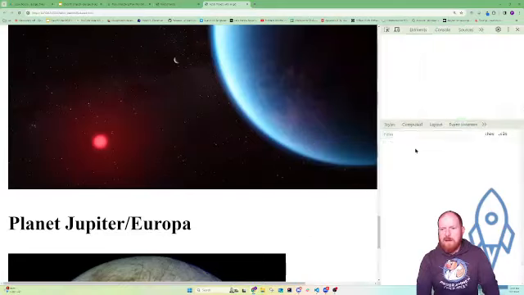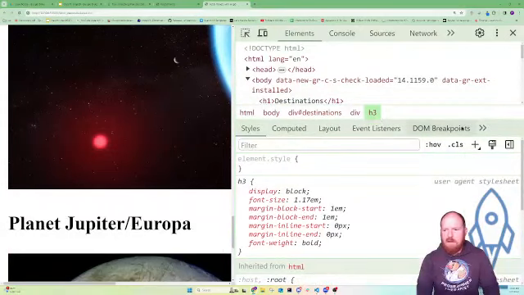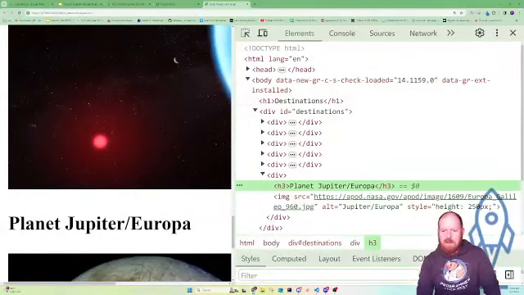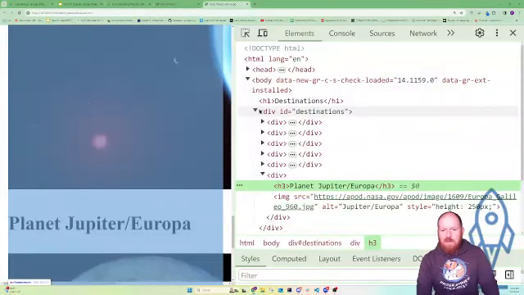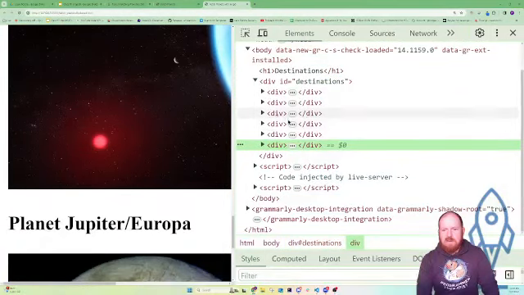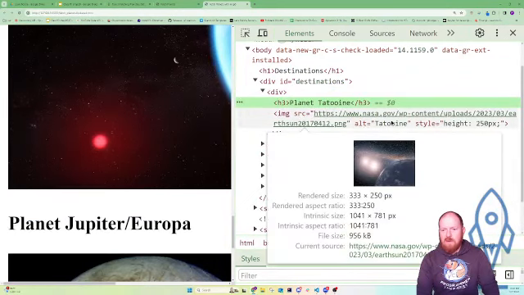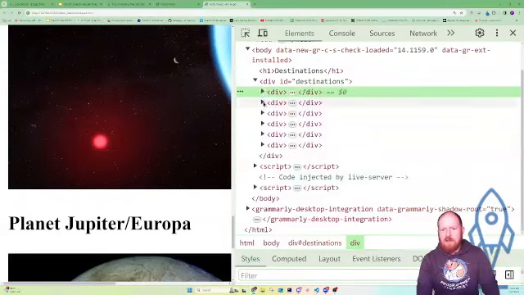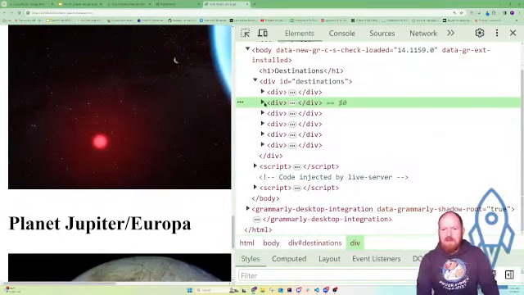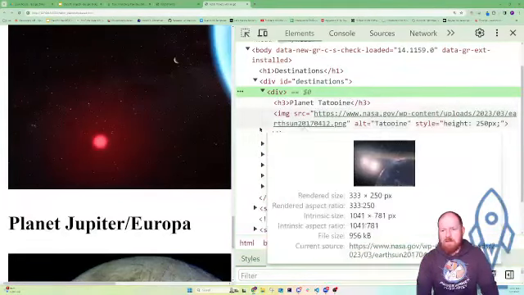And then whenever I go here and inspect element and I look at my actual elements, I don't want that. Okay. You'll see that I have a div called destinations, and that destinations has 1, 2, 3, 4, 5, 6 divs in it. Each div has a planet with an image source. So this is what it created in my for each: a new div with no ID. I didn't tell it to. I could have told it to, but I didn't. And then I did it this